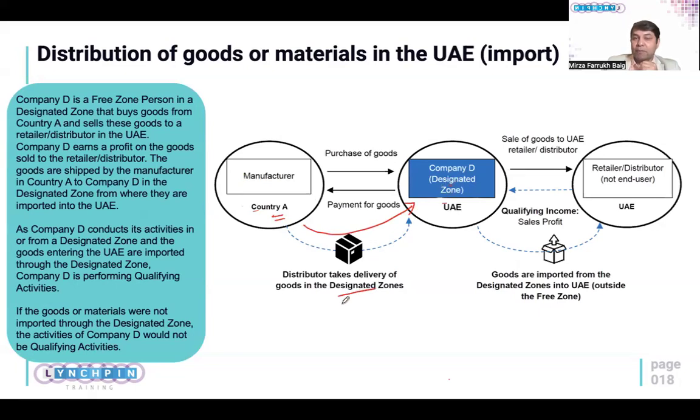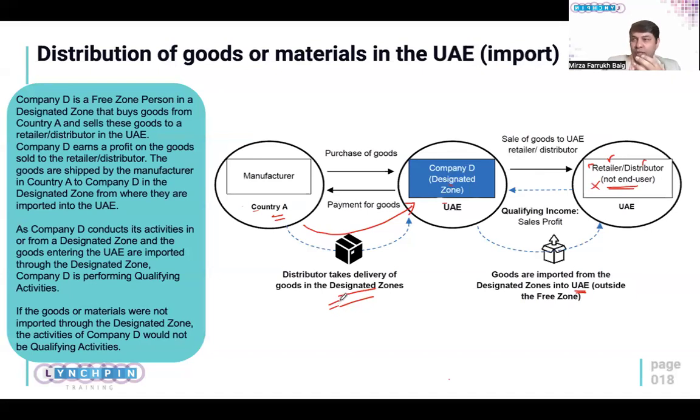Okay, delivery must happen inside the zone, and then from the zone, the goods are imported into the UAE outside the zone, and I am selling it to my clients, who can be onward retailers or distributors, and they must not be end users. So in this case also, the only important condition is that I should be taking the delivery within the zone,